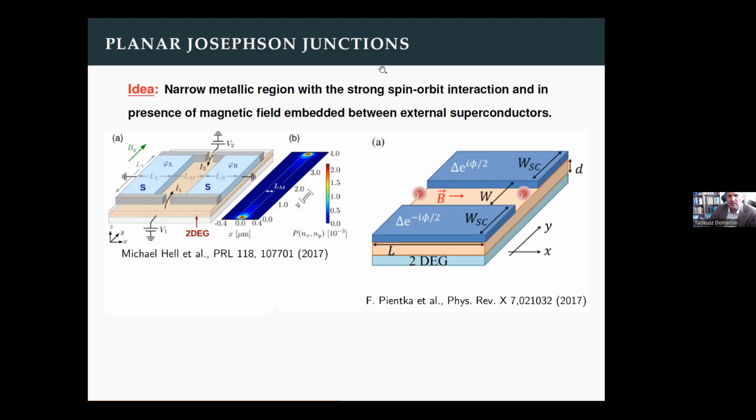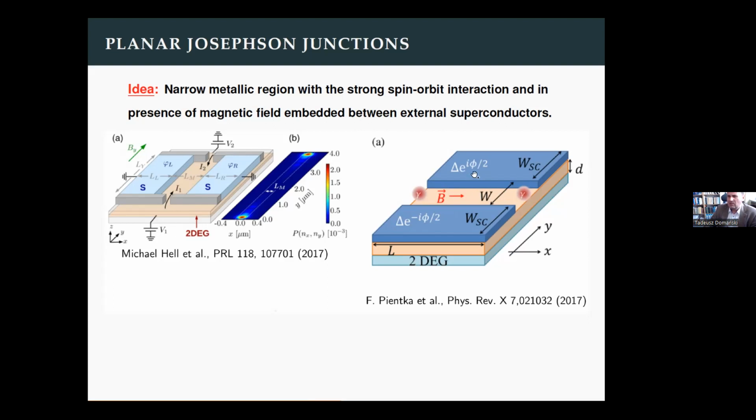The theoretical suggestion, the idea was like that. If we take two superconducting parts in a planar geometry, separated by a small region, which is semi one-dimensional, so it's much longer compared to the width, then in presence of strong spin-orbit interaction and with additional application of magnetic field, this little piece inside